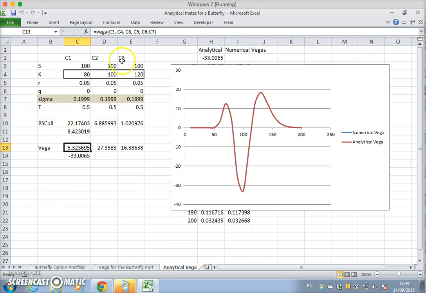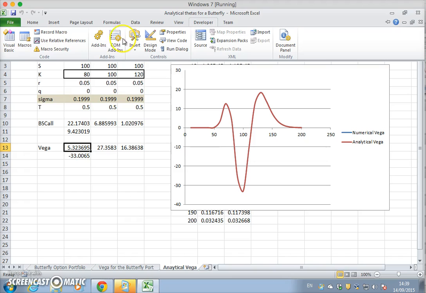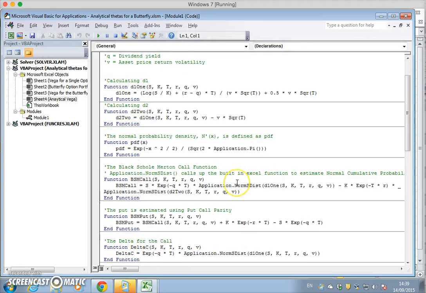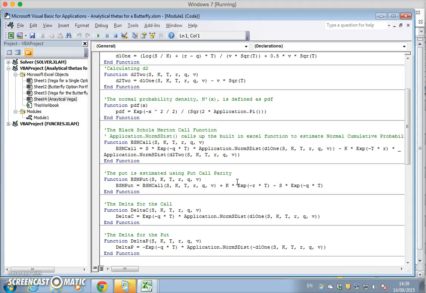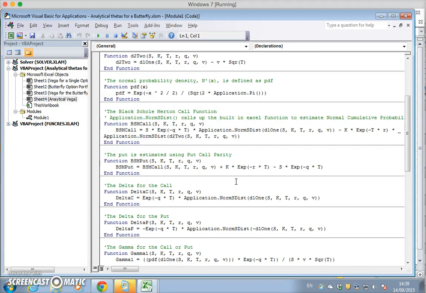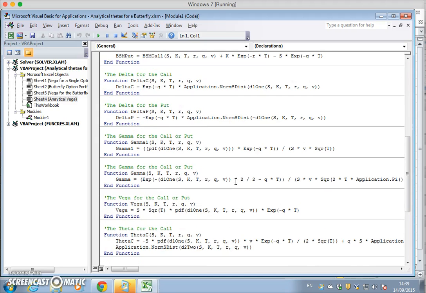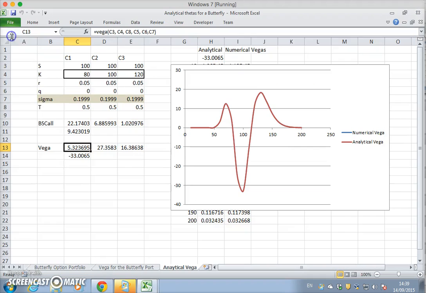So for instance, here vega was just the formula brought in from Visual Basic for Applications, and we went into the Visual Basic Editor, and we came down here to the vega, which is the same for the call and the put, and we took the formula from Wikipedia initially and set it up here. So if we go back into the spreadsheet itself, to estimate the theta, we work out first of all the